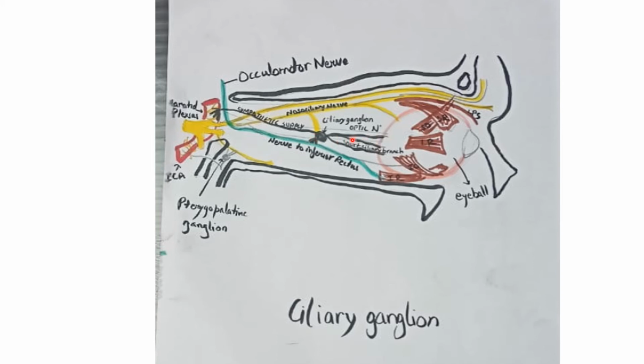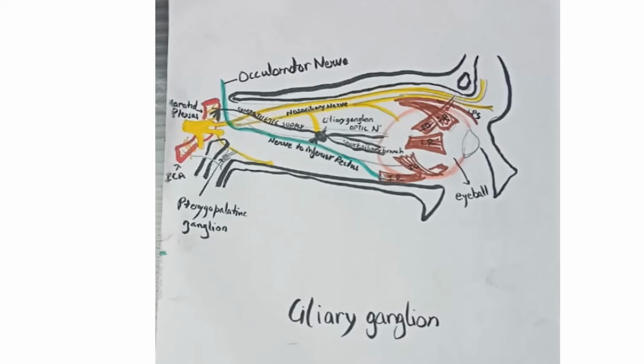All right, so this sympathetic root also passes uninterrupted through the ciliary ganglion via the short ciliary nerves, and supplies the blood vessels of the eyeball and also the dilator pupillae. Okay, it also supplies the dilator pupillae. Mind you, the parasympathetic, the motor root, never supplies the dilator. It only supplies the constrictor pupillae and the ciliaris. Okay, now the branches are done, right? And all this is all about the ciliary ganglion.